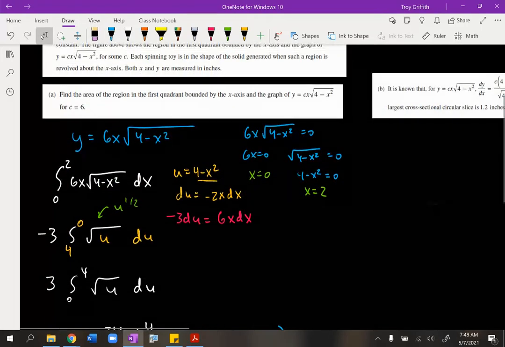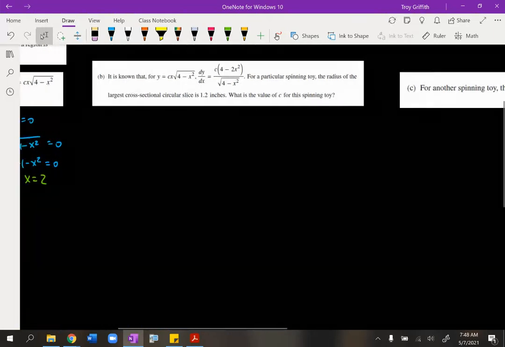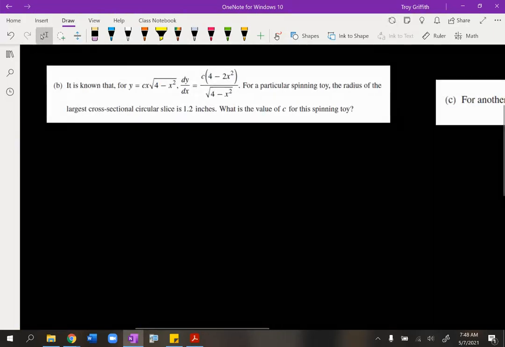Okay. All right, going over to letter B. Let's look. It says it is known that for our function, and they give us the derivative. They don't even make us calculate this ourselves, which says for a particular spinning toy, the radius of the largest cross-sectional circular slice is 1.2 inches. What is the value of C for this spinning toy? All right, so